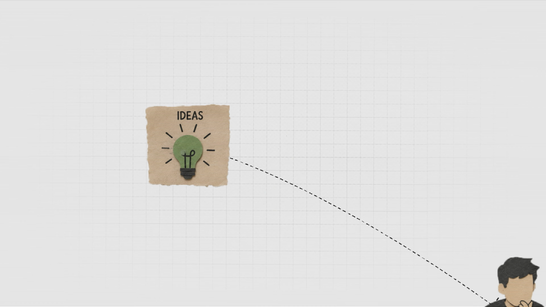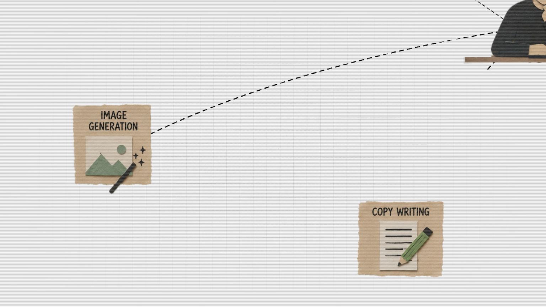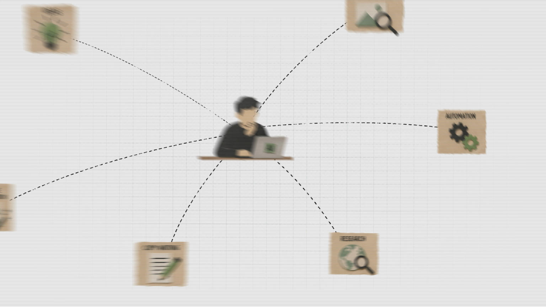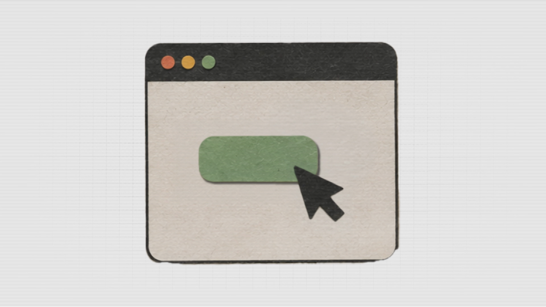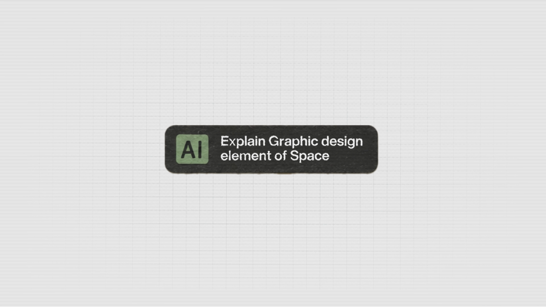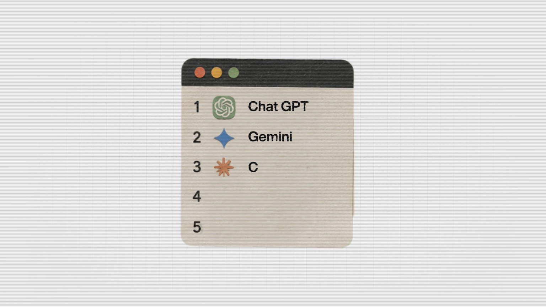Well, the reason is very simple. AI is already becoming a part of creative industry and designers are using it for ideas, references, image generation, copywriting, research, automation, and honestly, for many more things. But the problem is, most of the people are learning AI at the tool level. They know which button to click, they know which prompt to type, and also they know which AI website is trending. But they don't really know what AI is, how it works, what it can and cannot do, and how it is actually going to affect designers, etc. And that is the problem.